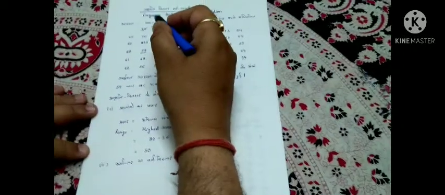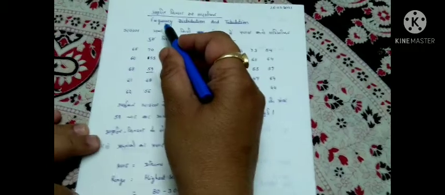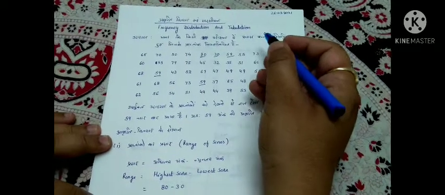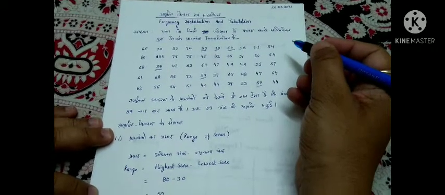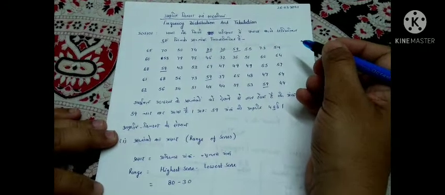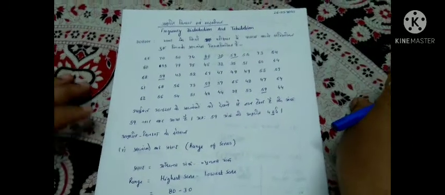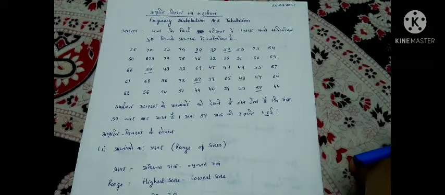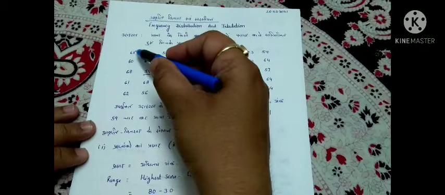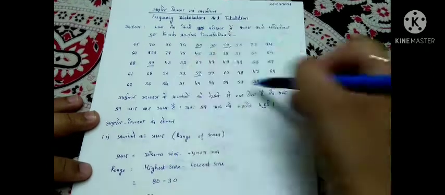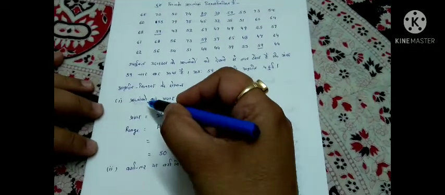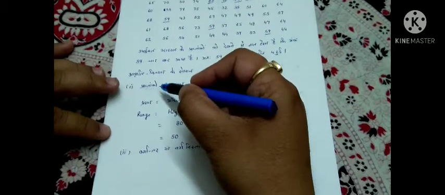In the previous lecture, I discussed frequency distribution and tabulation. Taking one example, I selected 50 students for a test. This test might be any type of test: mathematics test, intelligence test, chemistry test, physics test, or any other. In that test, I have got this ungrouped data, and we have discussed the different steps for making the